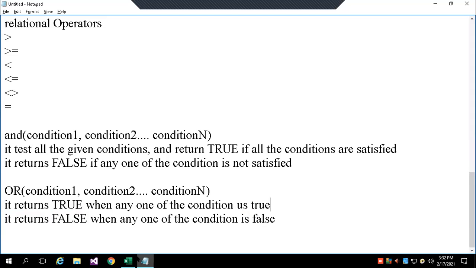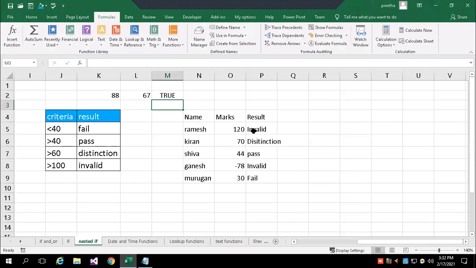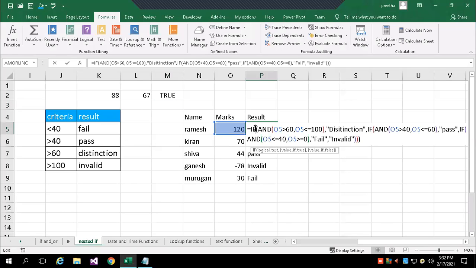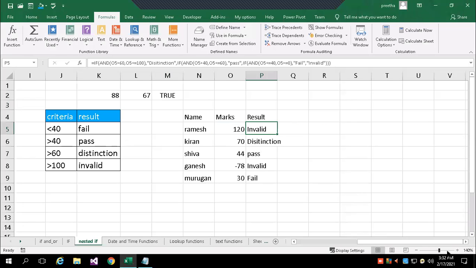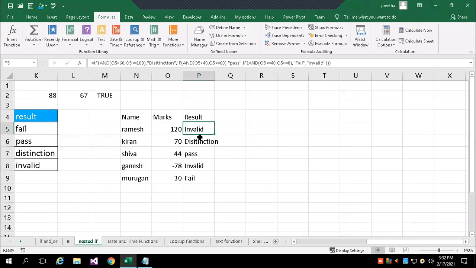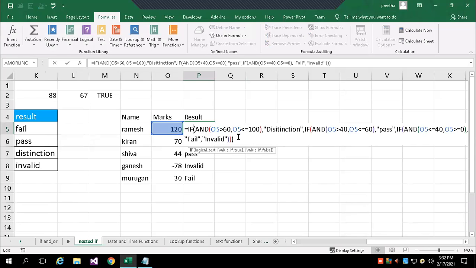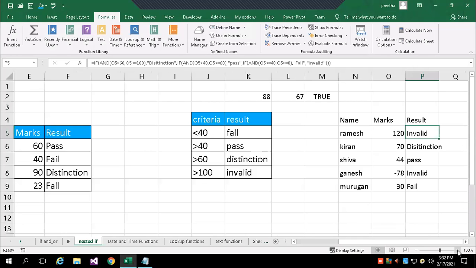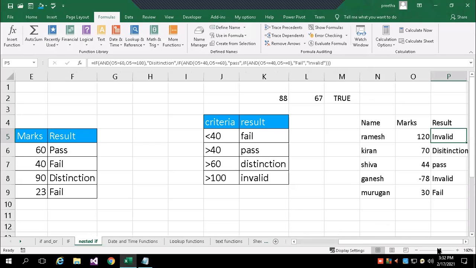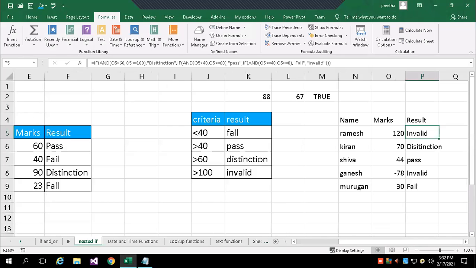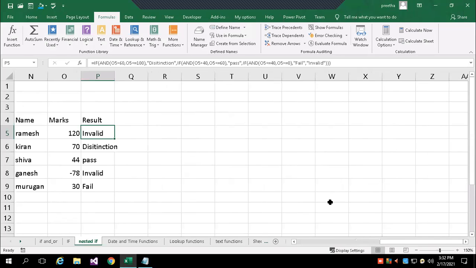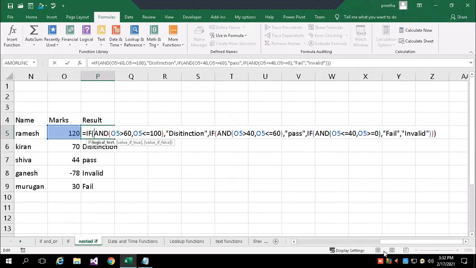Okay, so you can see that example now again. It's a bigger one, but it's very simple if you understand the logic. So you can observe in O5, where the marks cell address is greater than 60 and less than 100, I want distinction.